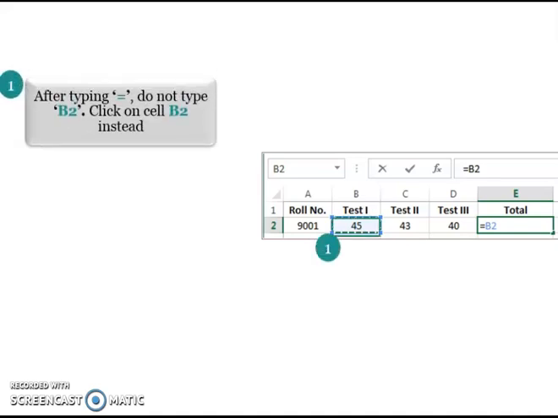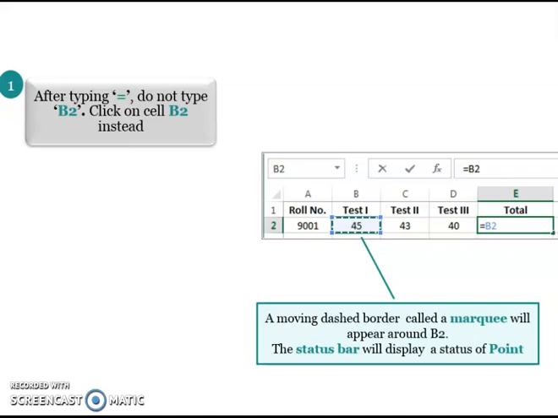I am taking the same example. If I want to do any type of operation on these values, I just click on the B2 value. After putting the equal sign, I have two options to write B2, but I just click on that value 45. B2 is already selected.